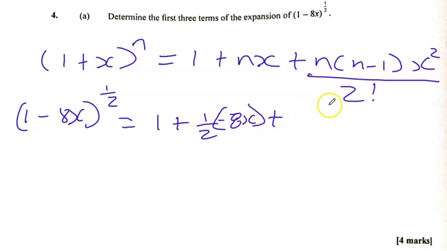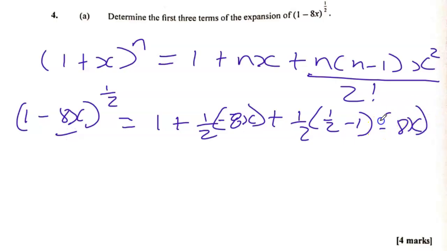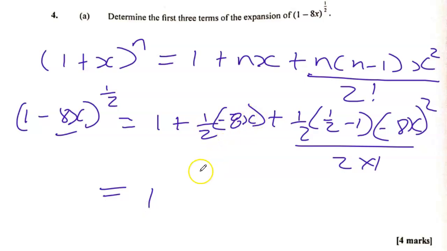plus n, that's half, into n, so half minus 1, x squared. But we're replacing x with negative 8x, so negative 8x all squared over 2 factorial, which is 2 times 1. So this is equal to 1, and then half times minus 8, that's minus 4, so minus 4x. And here we have negative 8x squared, that's 64x